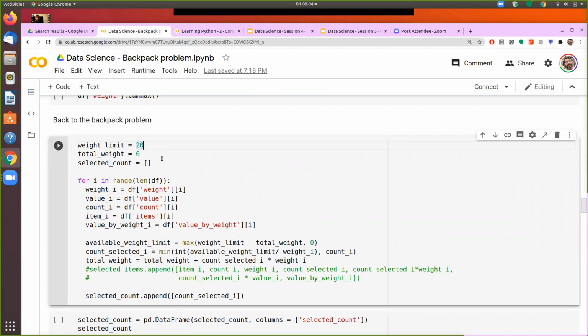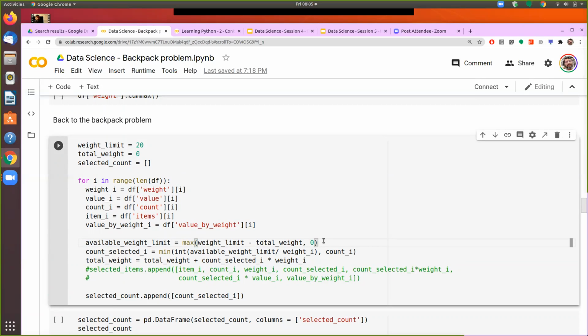So when I am starting, I have initialized the total weight to 0 because as yet I have not put anything into my bag, and therefore the value is 0. So in the first iteration, the available weight evaluates to 20 because it is 20 minus 0, and we are taking the maximum of that and 0 because the available weight should not go negative. So in the first iteration, this value is 20.